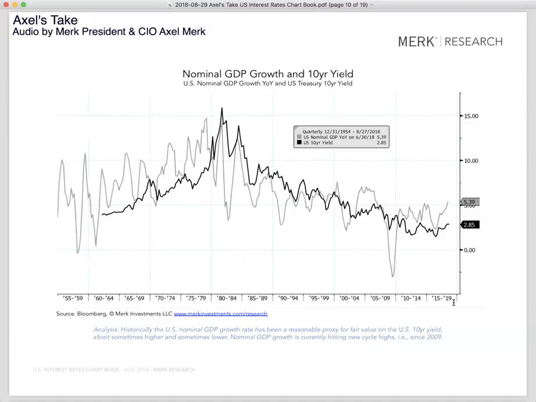Note, by the way, that this is a very long-term chart here. At the same time, when you have the fear of a trade war, if the market takes it seriously, well, if it's more than a short-term trade war, then that might impact the long-term growth potential. And there are many factors, obviously, that go way beyond a current tax package that affect the long-term growth potential. One of them is the aging of the society. An older society is less dynamic, grows less. That's why emerging markets, by the way, tend to have, it's one of the reasons, tend to have higher long-term yields. But this particular chart here puts into context where the long-term growth potential is with a 10-year